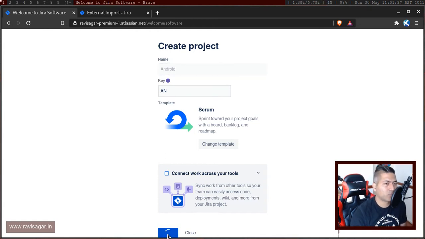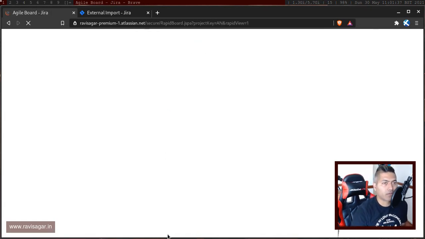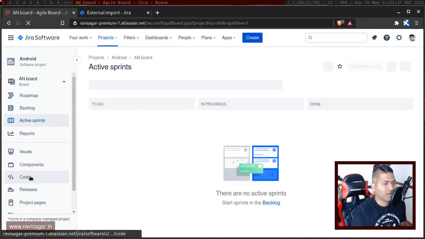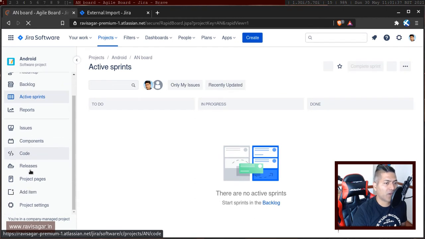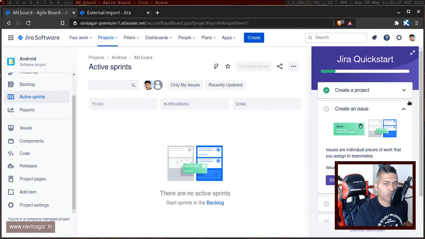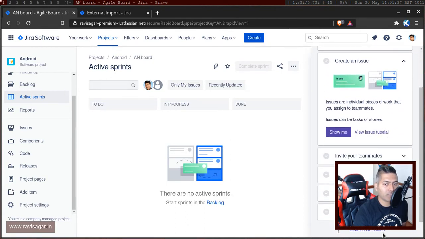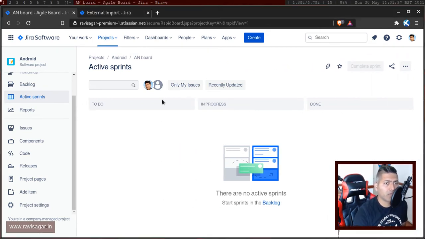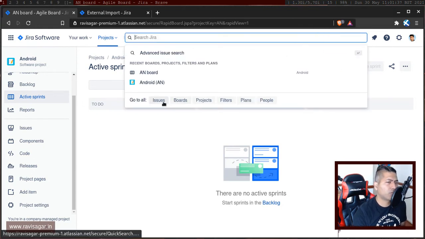You can always go to the project settings and start configuring these integrations. On the left-hand side, you have things like code, and other things that you can potentially configure. When you create a new project, you will be presented with this quick start wizard, which I don't really want to do, so I'll dismiss it. I'm quite familiar with this. What I may want to do is create a project with sample issues, because I want to see a few things like project archiving. Let us see if we can.